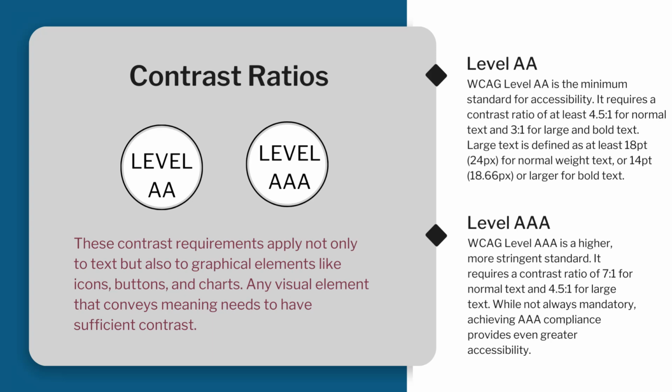Now, what do these numbers mean? You don't really need to worry about it. There are automated tools that I will show you to use in order to check your color contrast. But basically what it means, if you have a color contrast ratio of 3 to 1, 3 is the relative luminance of the lighter color, and 1 would be the luminance of the darker color. So there's a whole mathematical scenario to figure this out. But again, you don't need to worry about that. There are tools that are going to tell you either pass or fail and what your ratio is.